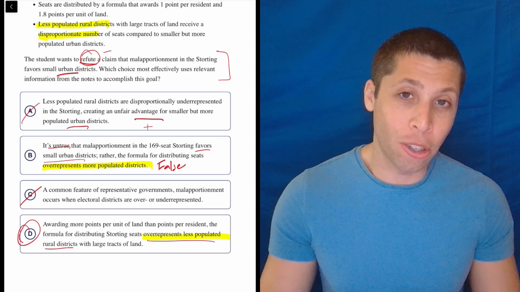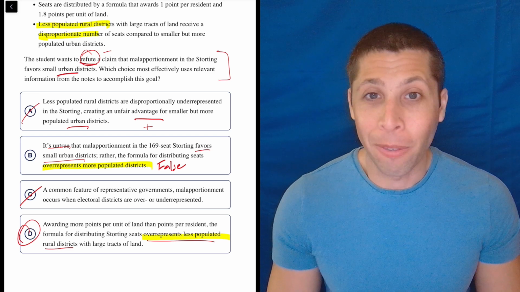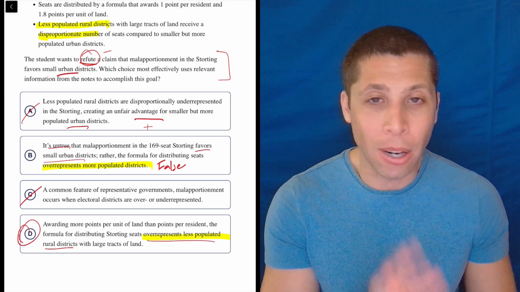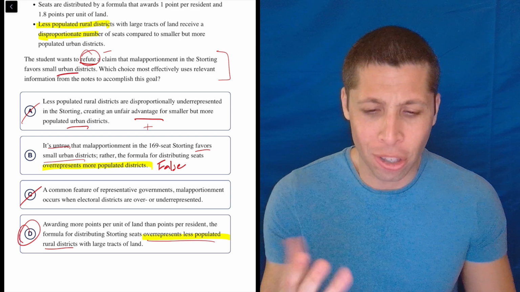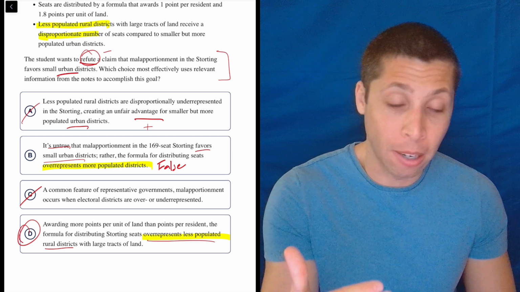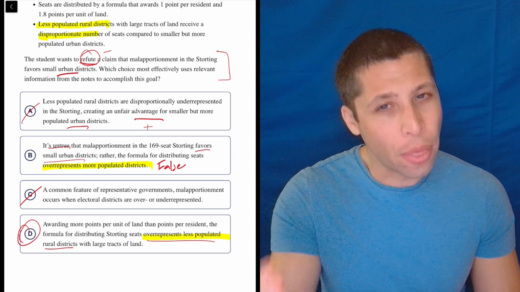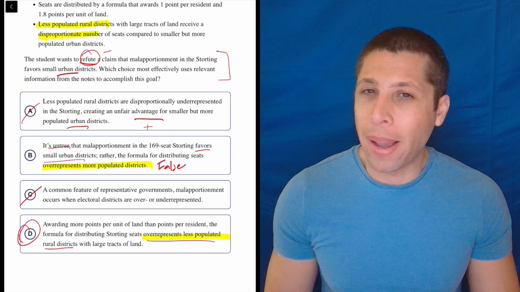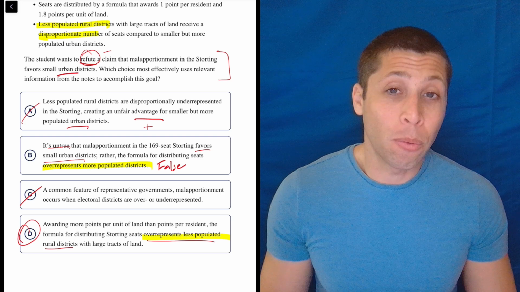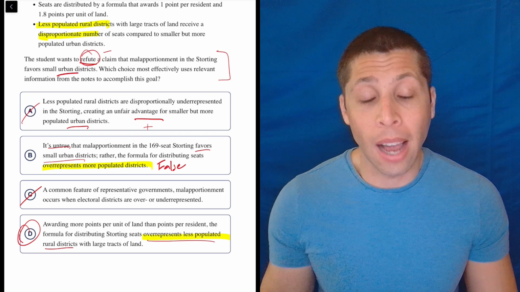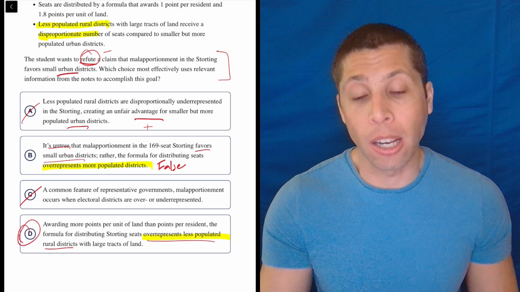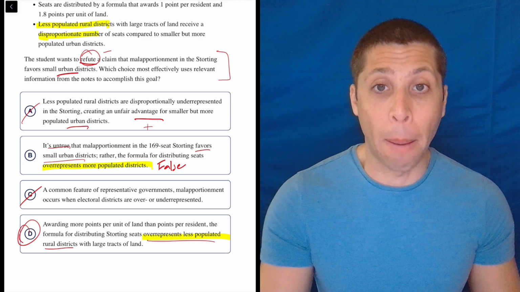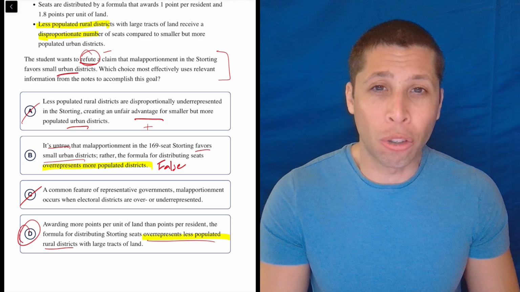I still think these are easier questions than any passage, right? So any hard passage, I'd much rather do an outline that's twisted and messed up than any passage, because I at least have a plan, right? I'm going to the question. I have an idea of what I'm looking for. There are going to be some answers that are easy to cross out. And then worst case scenario, if I do need to go to the bullets, I'm going there with a purpose. I know what fact I'm looking for because I know what answers are left, and they're going to say opposite things. So still very streamlined process.